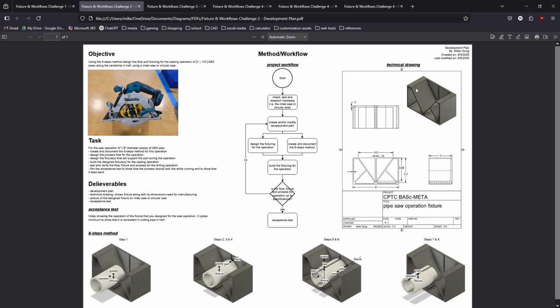Also, instead of having this be a flat slope like this, instead having this be steps would also help keep the part from rotating and maybe moving up this during operation. Although that likely isn't going to happen, it's still a possibility. So yeah,